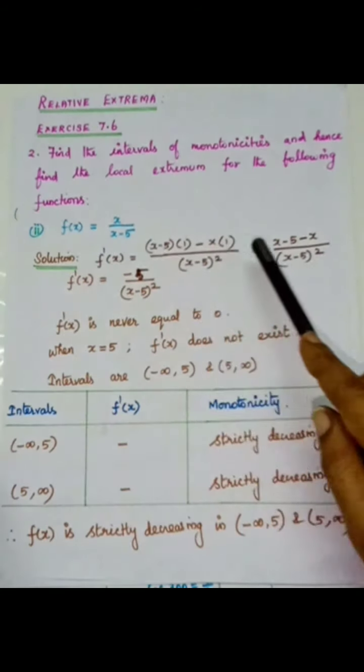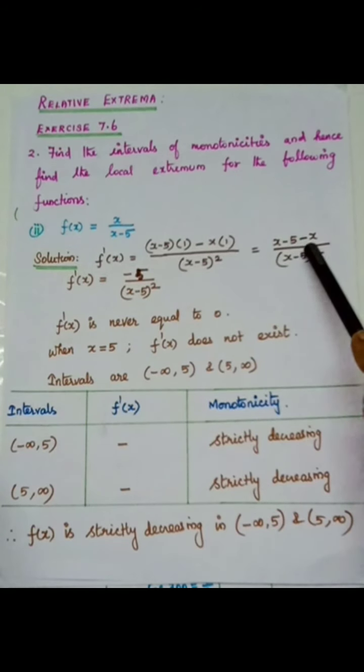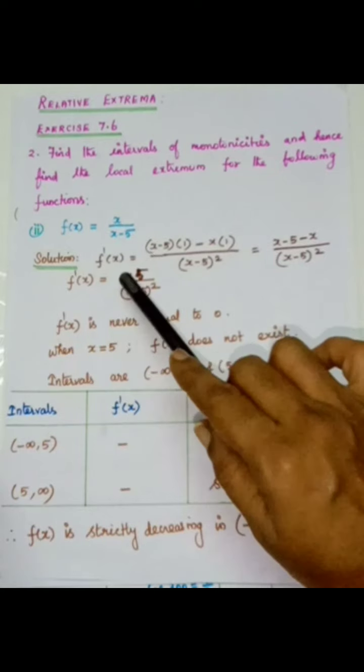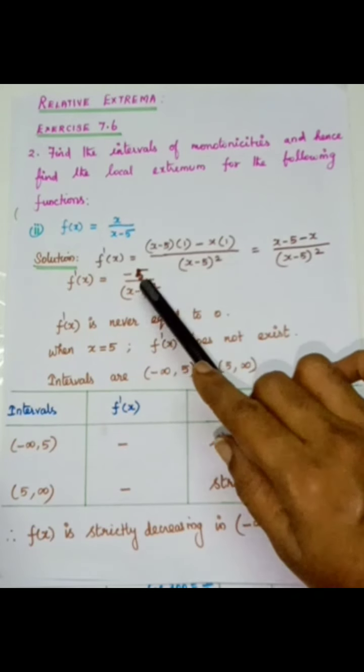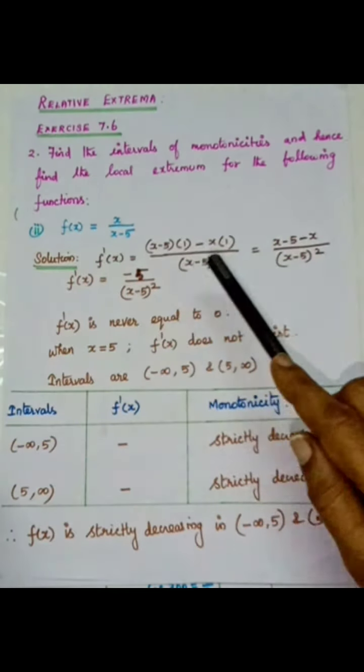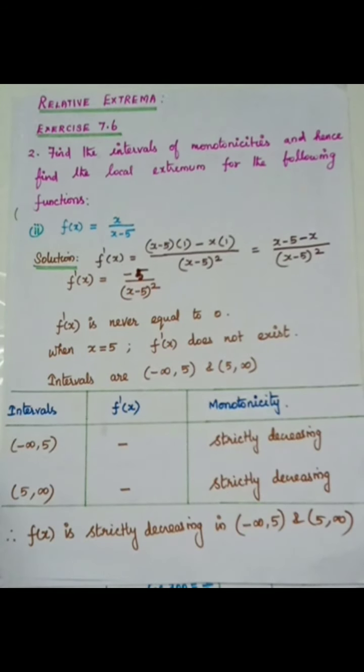So, when you expand x minus 5 minus x, x and minus x get cancelled. So, your f dash of x is equal to minus 5 divided by x minus 5 the whole square. In the next step, you have to find the critical number. So, the critical number at which f dash of x is equal to 0 or f dash of x does